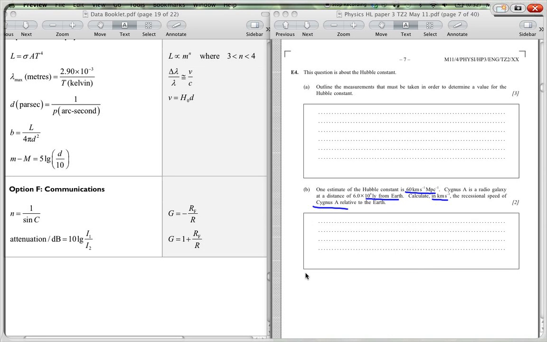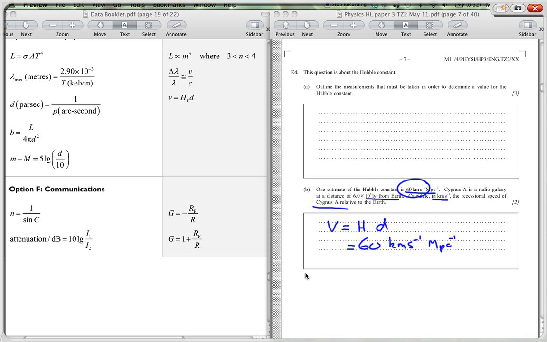So your velocity is equal to Hubble's constant times your distance. We are given that an estimate is 60, in kilometers per second